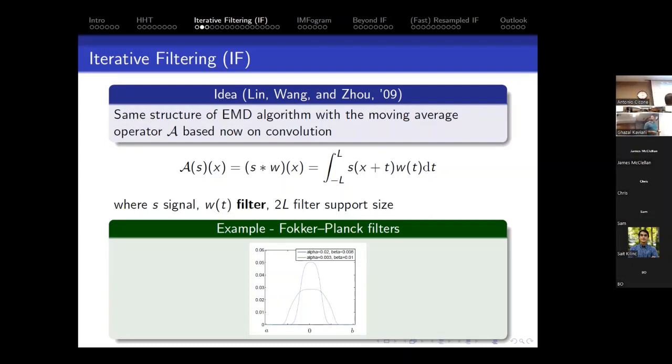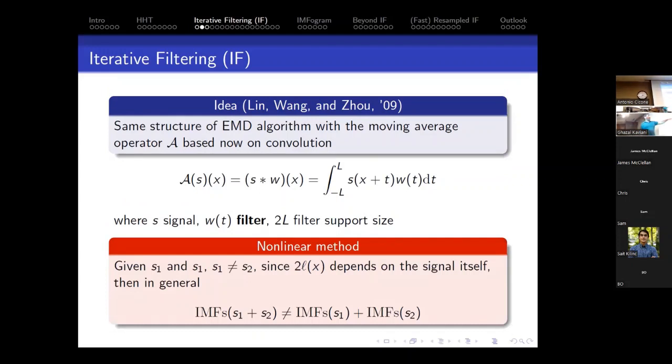As a matter of fact, first of all, I pointed out integrals are linear operators, as they say in mathematics, which means it's a linear function. Okay, but the method is nonlinear because even though the integral is linear, the interval in which we are integrating, which is the support of this function, so the non-zero interval of W, is defined based on the data itself. So think about this L as L of S. So then this function here is a nonlinear function now, okay? And that's what makes the method nonlinear.